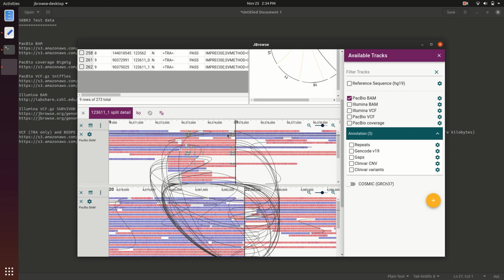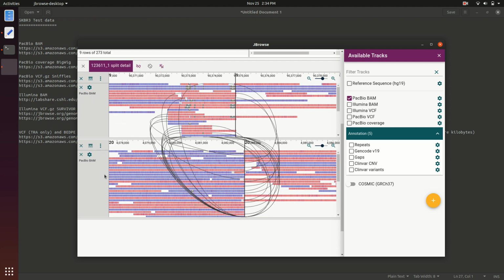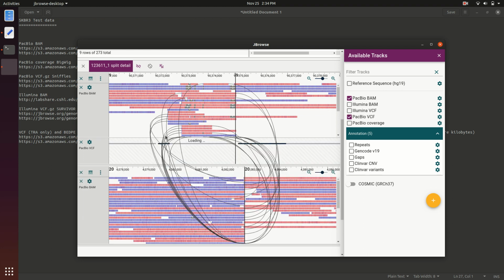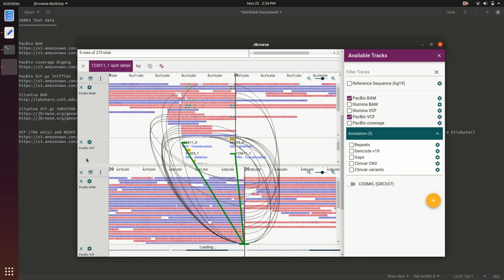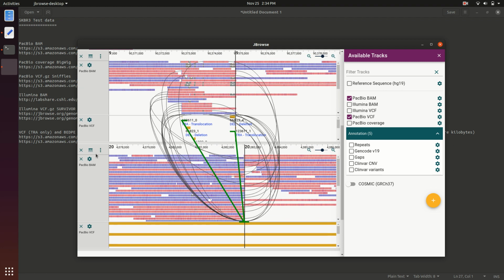We have this setting for drawing the connections that are, say, between a read on the same chromosome here. And since we're only interested in the cross chromosome connections, we can turn that off and then see what's happening. Maybe we'll also want to turn on the VCF file that will show us what call it made. So after both of these views are turned on, I think we can get a lot clearer picture of what